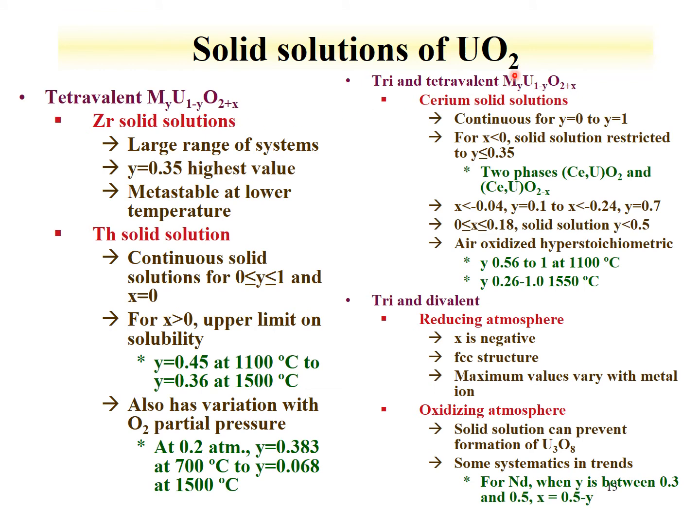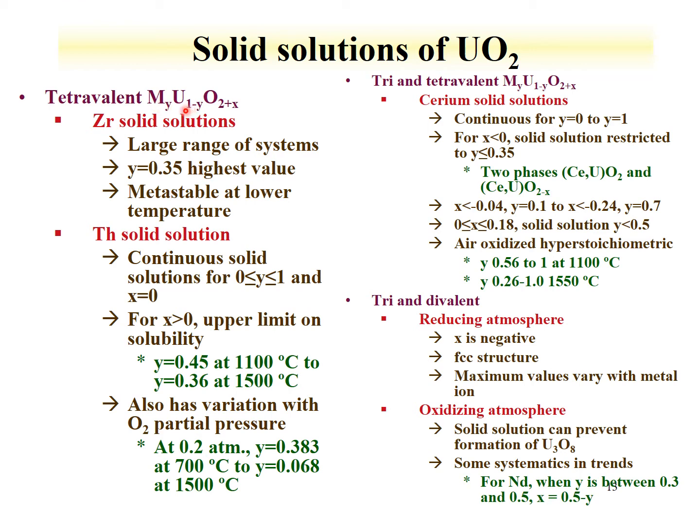And here's an example of compounds that make solid solutions with UO2. Zirconium, for instance, makes a solid solution up to a certain level of zirconium, after which, when more zirconium is added, it forms a separate phase. This is due to the fact that zirconium has a much smaller ionic radius, so when you start adding enough in, it no longer fits comfortably into the uranium dioxide lattice and forms its own. So if I were to take a compound and exceed where Y is 0.35, in an atomic ratio where it's 35% by atom uranium,